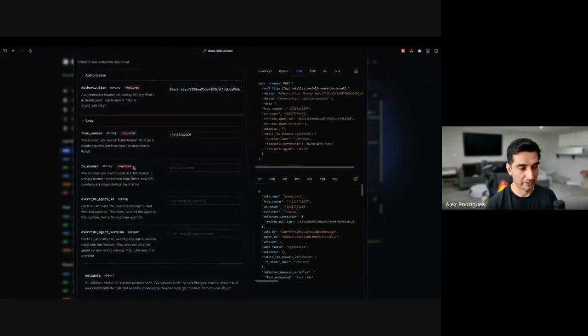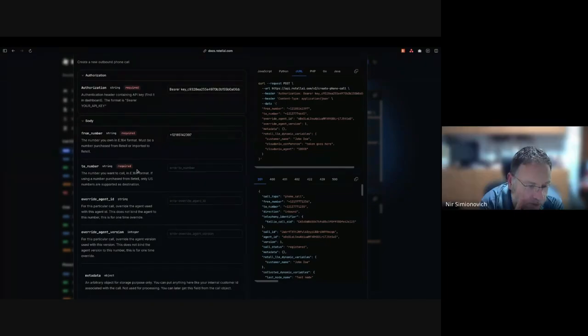Now, what about the to number though? We need this to number. The to number is supposed to be 10,000, but I think, wait a minute, for this particular call, the agent used with this agent ID does not bind the agent to this number. This is an override for one time. Okay, awesome.